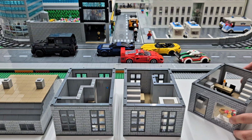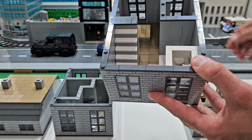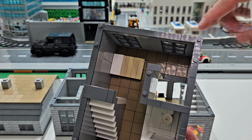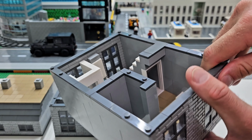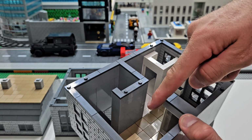On the second floor, you'll find the master bedroom connected to a spacious bathroom. Just like in real homes, you first enter a hallway before accessing the room through a door. This time, I purposely chose not to place a wall between the bedroom and bathroom, allowing the residents to walk straight from one to the other. You often see this in luxury homes, so I thought it would be fun to recreate this concept in my